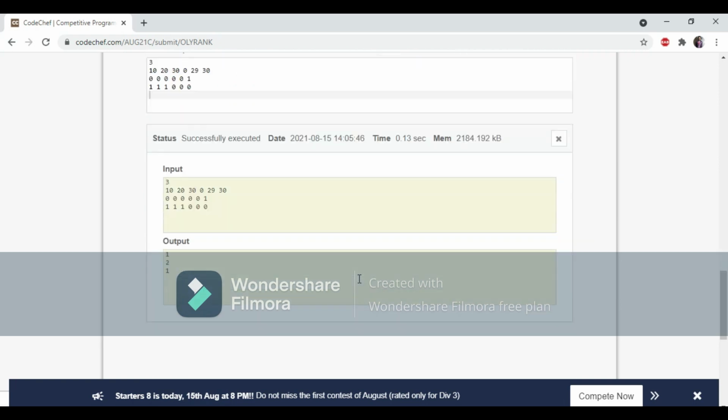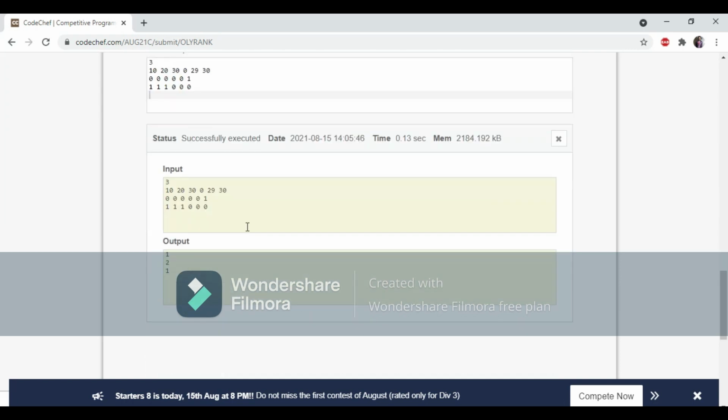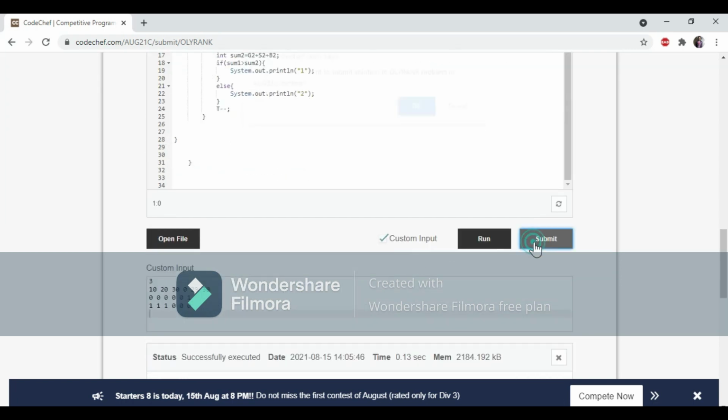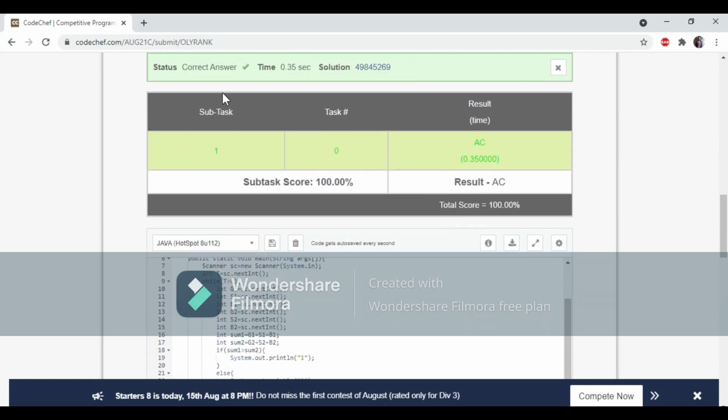So here we see the output is 1 2 1, which is the same as 1 2 and 1 here. So let me submit it first. Let's hope it will give us a correct answer. So again it is running its own test cases. Yeah, you can see it's a correct answer.